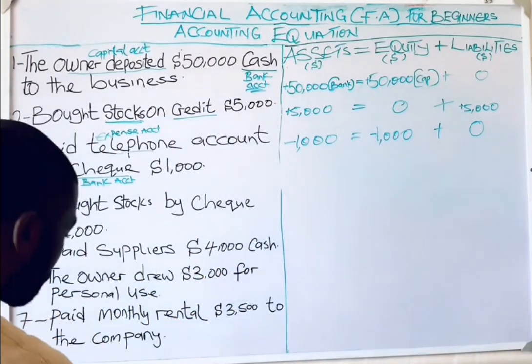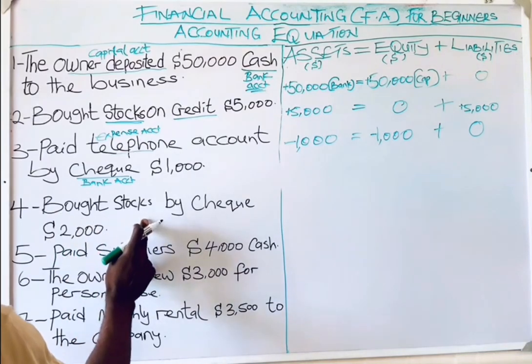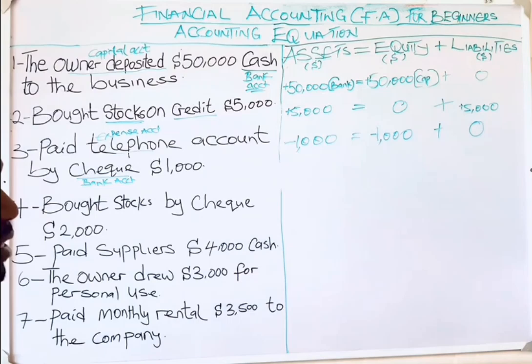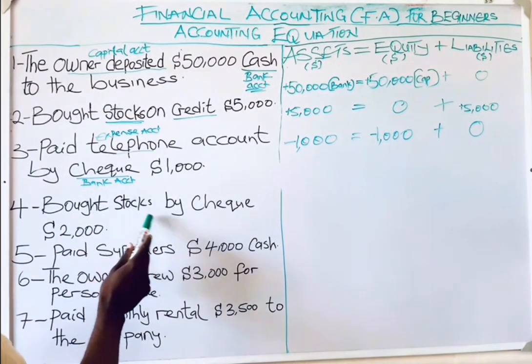Let's go to the fourth transaction that says bought stock by check, 2,000. Now let me pause a minute for you to do this and see if you will get it before we do it. Just try to work it yourself and see if you can get it. Okay, I'm waiting. Okay, let's continue. Now check your answer, check what you did and see if it is the same with what we are going to do now. Okay, bought stocks by check,